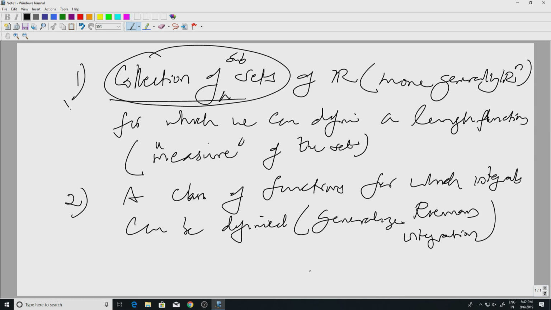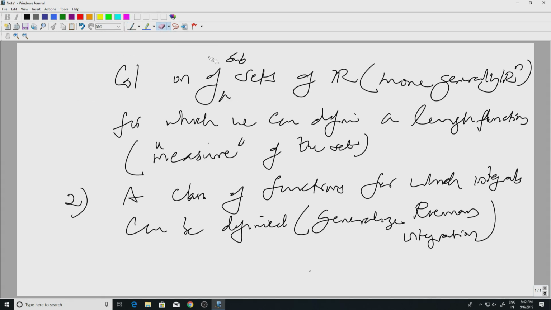So, we will start with the collection of sets for which some measure will be defined. Instead of looking at Rn initially, we will look at abstract spaces for which this collection of sets will formalize the properties of the collection of sets we want, and we will call that a sigma algebra. So, that is the first definition we will be dealing with.